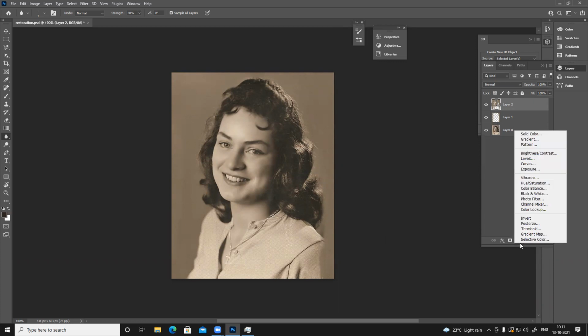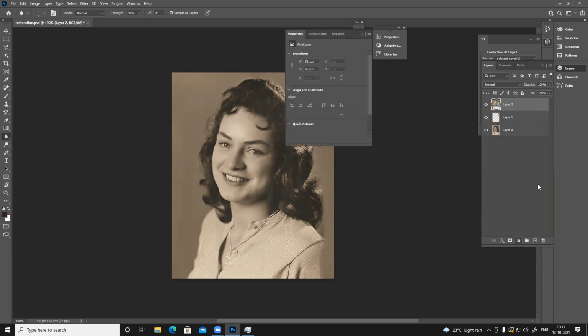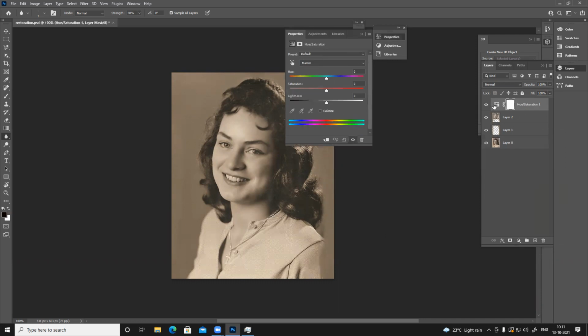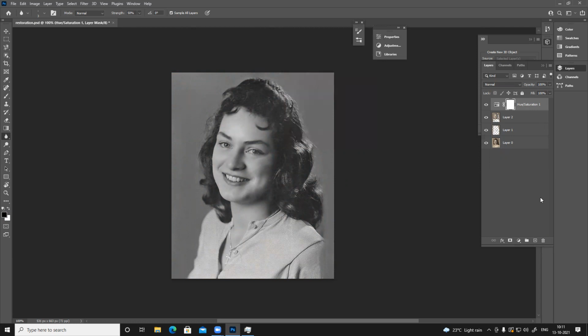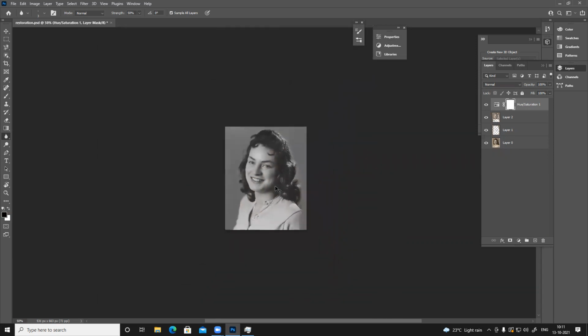And here you can see we have all those options. You can see hue saturation. Click on this. Because it's a constructive way of creating, I can convert this directly to black and white, but it will merge everything. So I want to keep all the layers intact without deleting or modifying anything. Just reduce saturation. There's no saturation, no color. So 100% grayscale. I can always go back and check everything. So now this is ready.